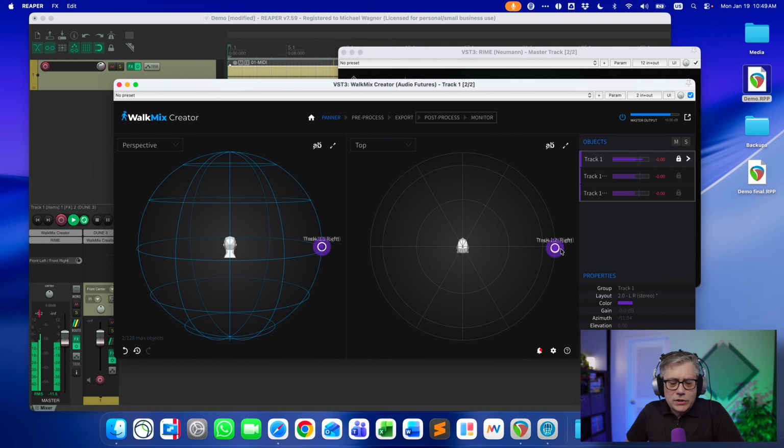A lot of people usually complain that head tracking has no function, head tracking is stupid, and you should get a real studio. My answer to that is, if you look at the latest innovations, and I'm particularly speaking about Neumann RIME and the Subaware head tracker, the quality of the tracking is so good that you're really close to getting the impression as if you would be in a real studio.